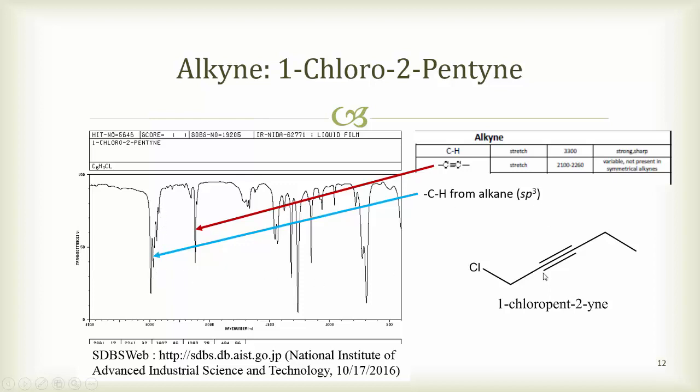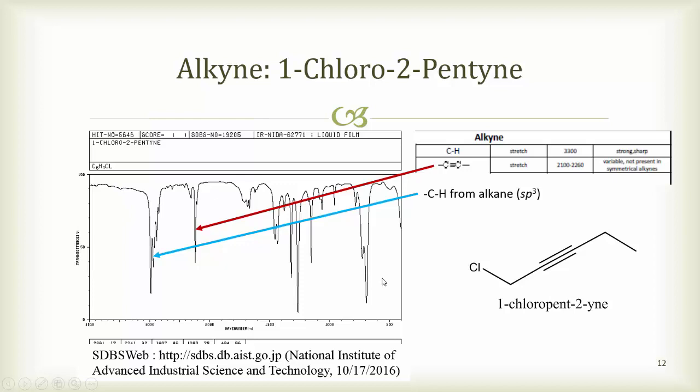And like our other example, we have a triple bond. And so this carbon-carbon triple bond again shows up where we would expect it, around 2100 to 2260 wave numbers. But because this one is in the middle of the molecule, there is no hydrogen bound to one of these sp hybridized carbons. So we do not see a carbon-hydrogen sp stretch in this region